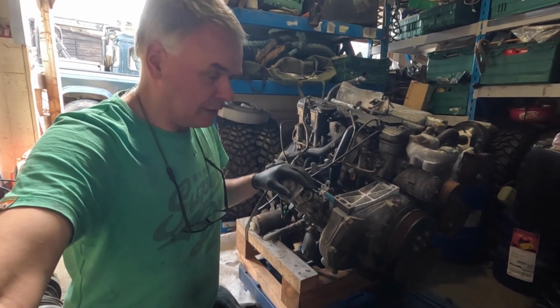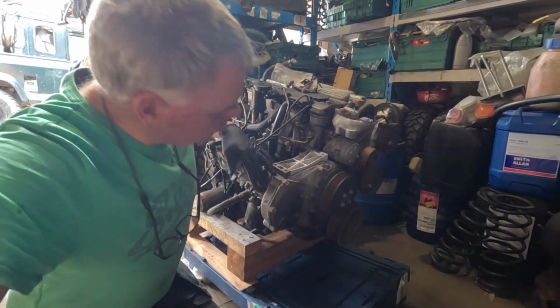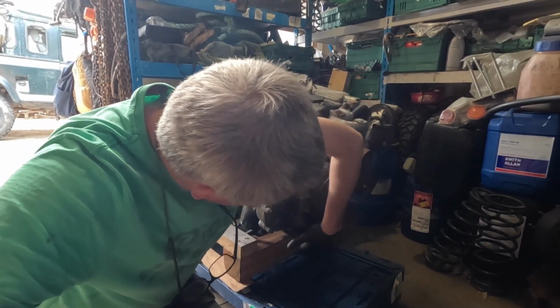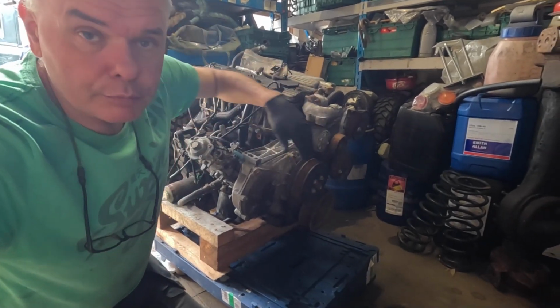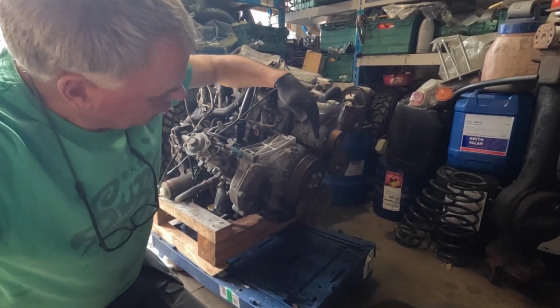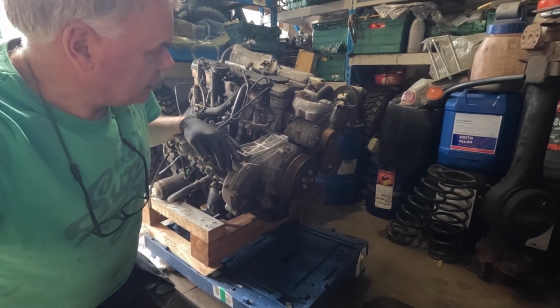It sounds complicated. It is going to be a lot simpler using those tools, because if I wasn't using those tools, then all of this timing case, the big damper and pulley at the bottom would have to come off, and you know, the timing belt, etc. So let's see how we get on,